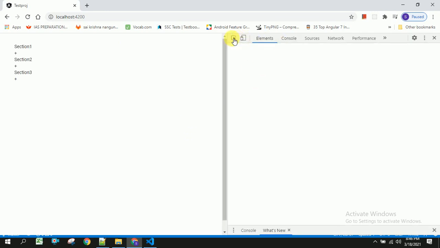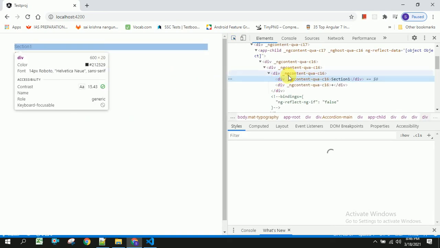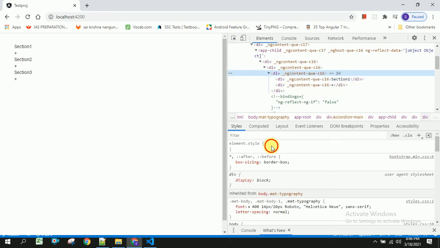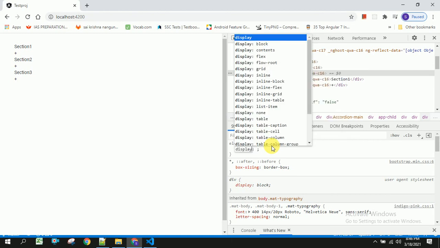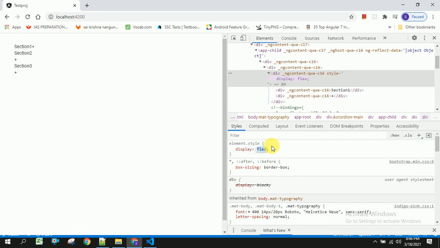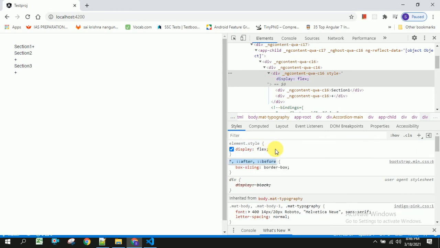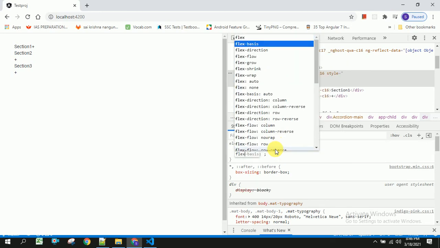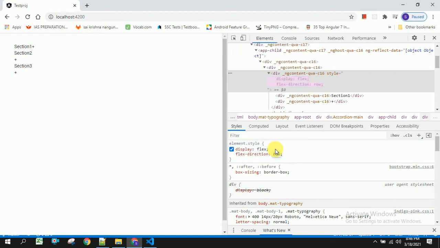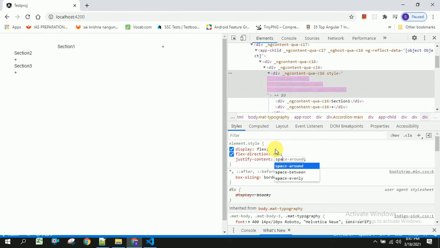I am going to my console, and here I will apply display as flex, and the flex direction will be row, and I am going to apply justify content as space.